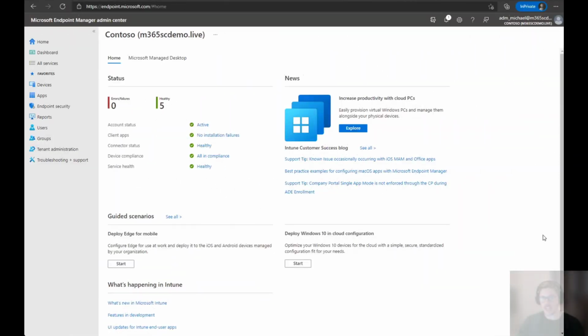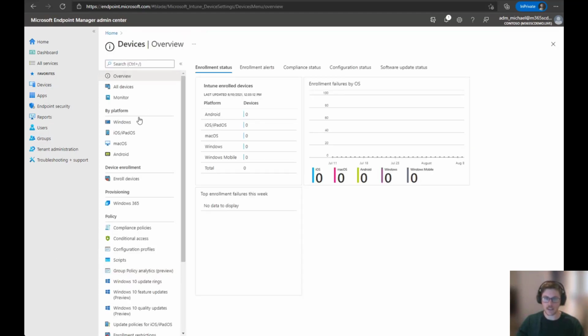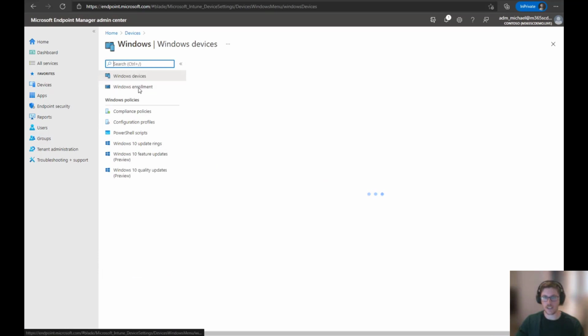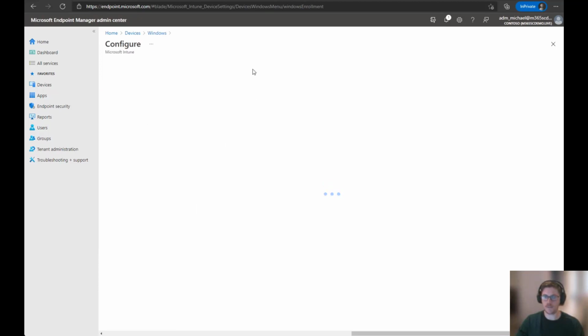All right, so now that the device is hybrid Azure AD joined, or at least we've configured hybrid Azure AD join for our Windows 10 devices inside of Azure AD Connect, we're now going to configure that devices that are hybrid Azure AD joined will automatically enroll themselves inside of Intune. So to do that, I'm back inside of the Microsoft Endpoint Manager Admin Center, and I click on Devices, click on Windows, and then Windows Enrollment. I'm going to select automatic enrollment, which is the first option,